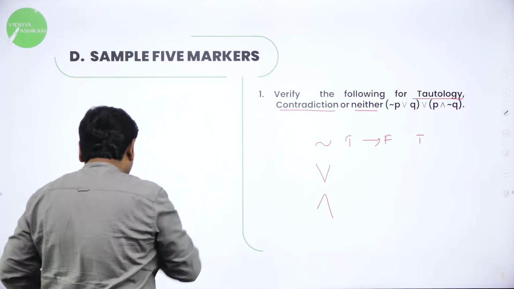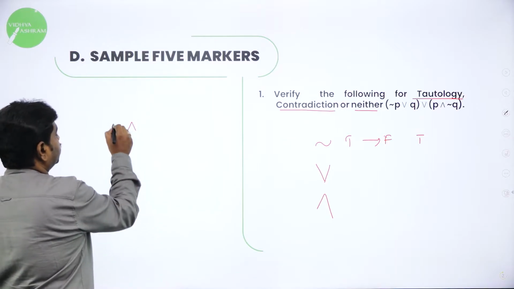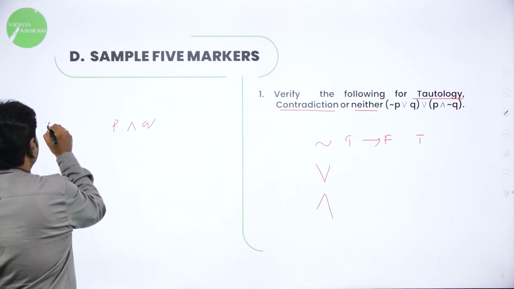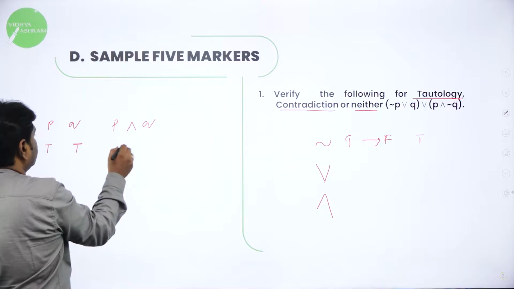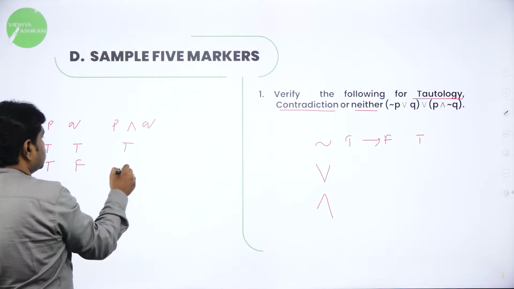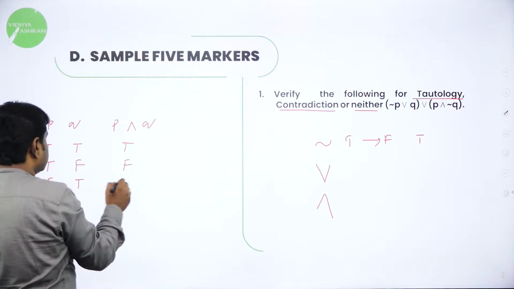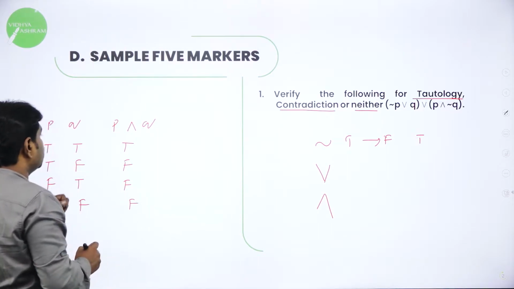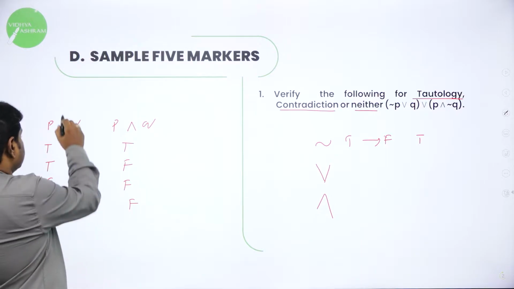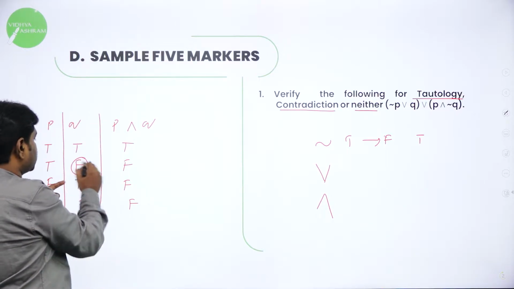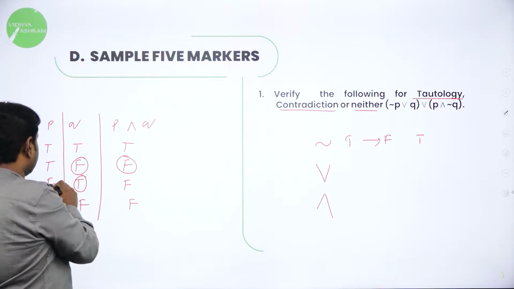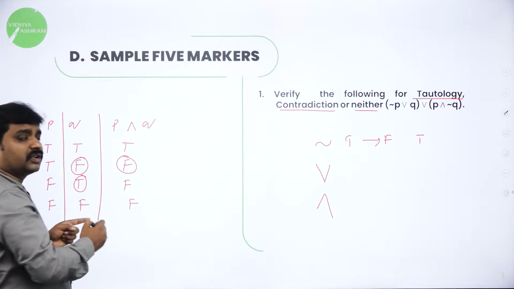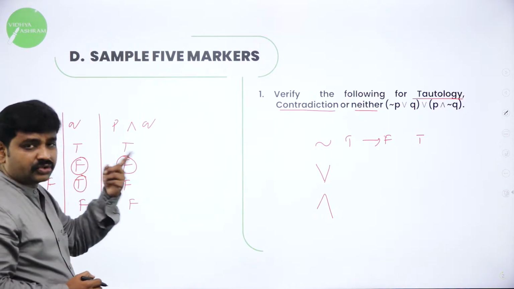And in the last class I taught you the AND operation, P and Q. So if I take P, Q, if both are true, the result is true. True, false, the result is false. False, true, the result is false. If both are false, then the result is false. This means for AND, if any one statement, say out of P, Q, if any one is false, then the result is false. So the first one is false, the result is false. Both are false, false. So this is the logic of AND which you know.